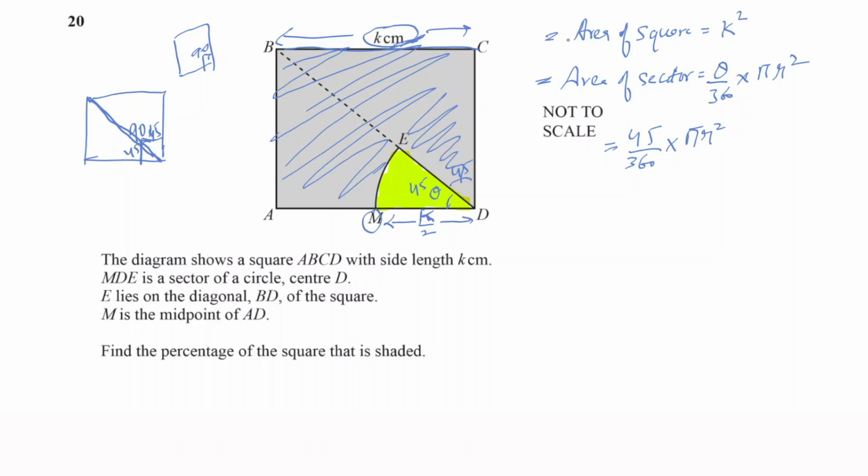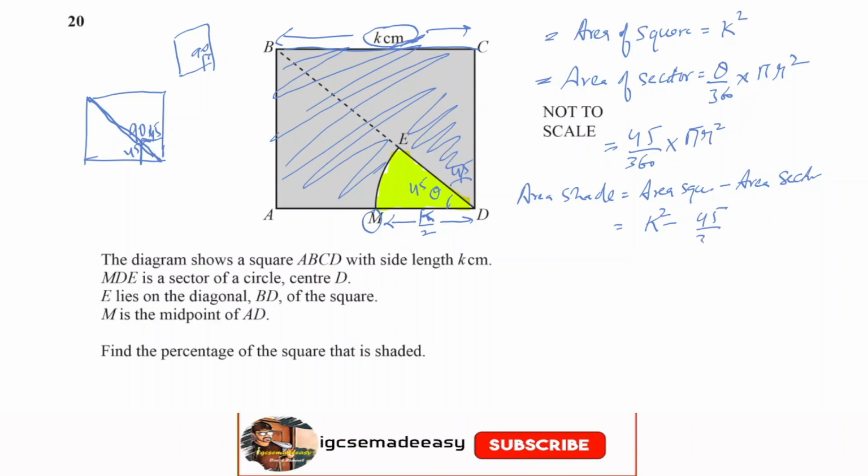Now if I subtract the area of the sector from the whole area of the square, I'll get the area of the shaded region, right? So area of shaded region is equal to area of square minus area of sector. So area of square is what? K square, minus area of sector. Area of sector is 45 by 360 times pi r square,